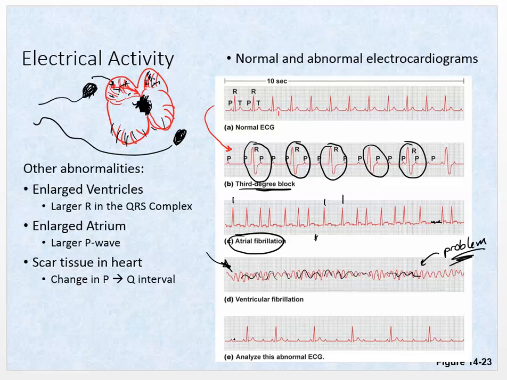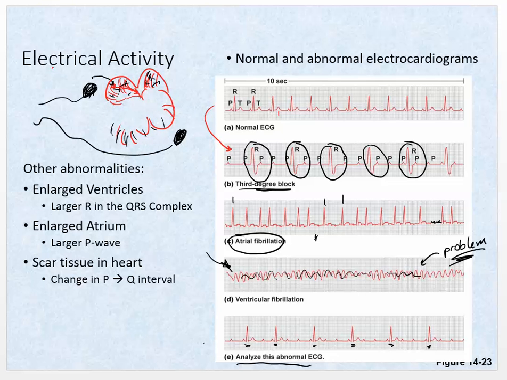Okay, so if we look at this one, it says to analyze it. I guess we could analyze it. You can see that sometimes, there's your P wave. Your P wave is happening pretty rhythmically. And you can also see that the QRS is following it sometimes. So it followed it here, followed it here. Every time the QRS complex goes, it's following the P wave, but it's not doing it all the time, which probably means, if we go back up here,